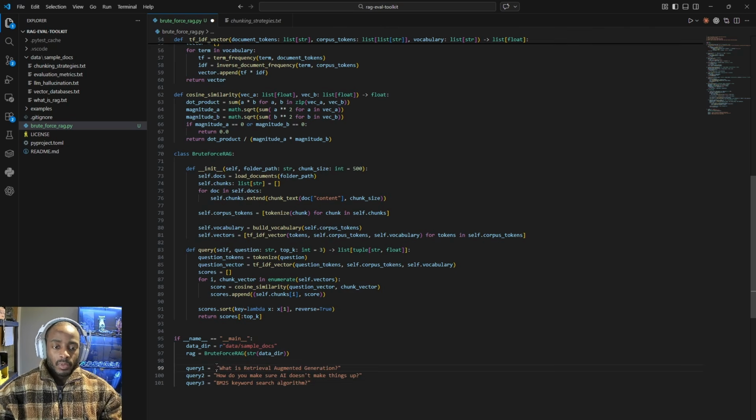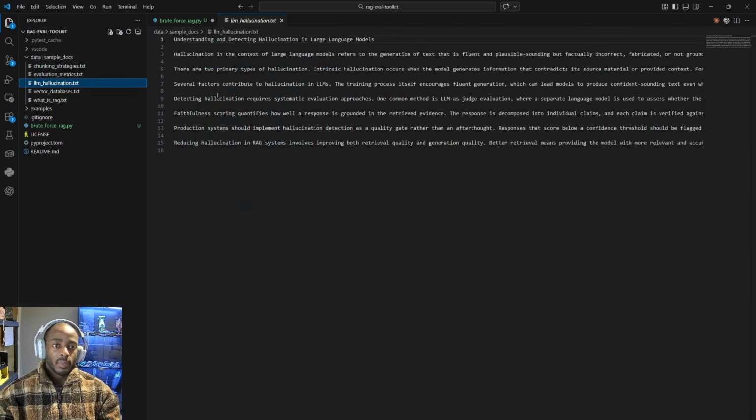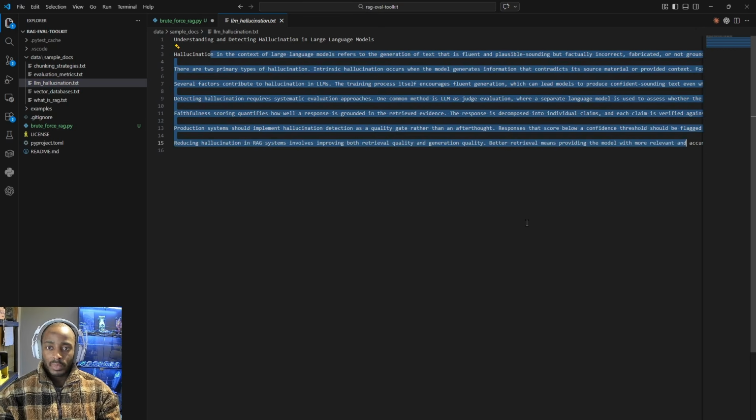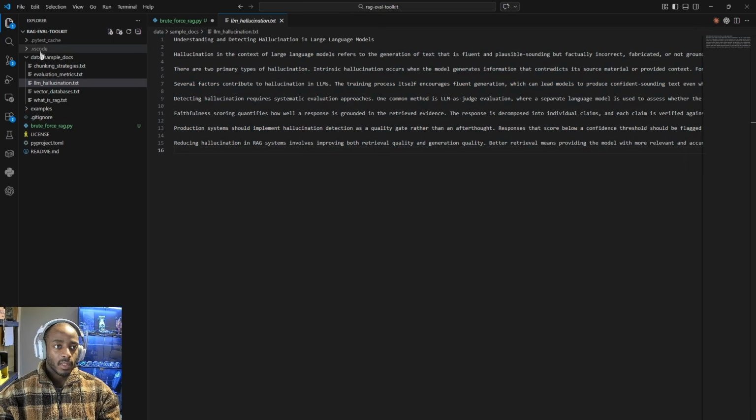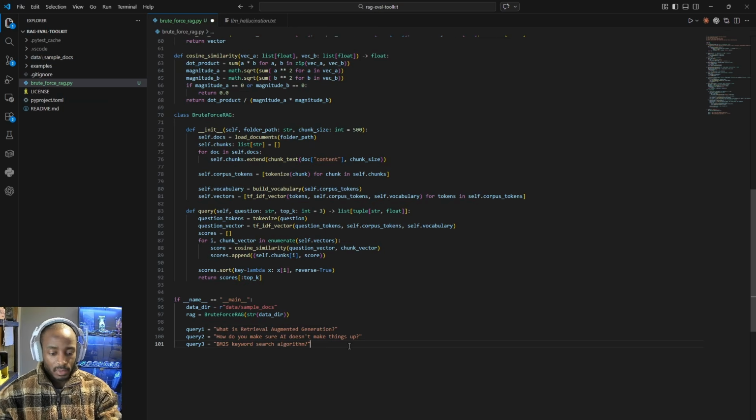So here's a couple of example queries. What is retrieval augmented generation? How do you make sure AI doesn't make things up? And BM25 keyword search algorithm. So these should all be contained in here. LLM hallucinations, so understanding and detecting hallucinations in large language models. So we'll see how this performs on our set. Everything in those questions should be covered in our documents. Okay, so now that we've done that,